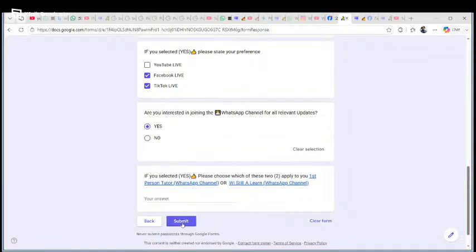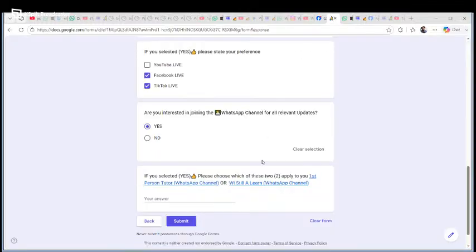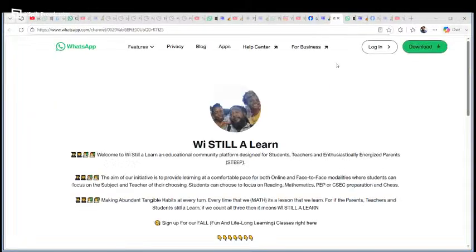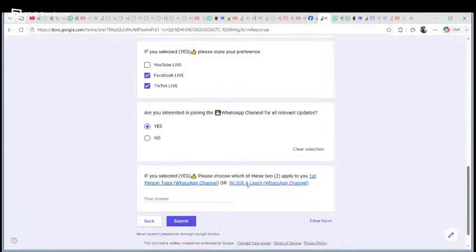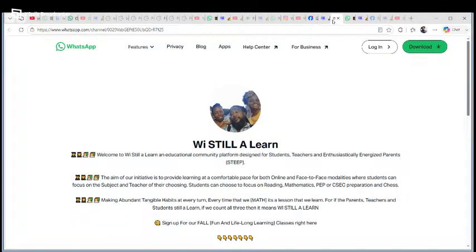So now you can just press submit. You can visit the WhatsApp channel if you want, right? So you can click on that just so you can have access to the link, and then you just press submit, and that's it. And now you can peruse We Still A Learn.